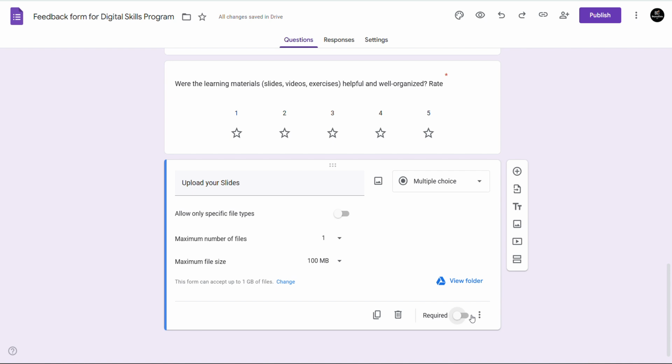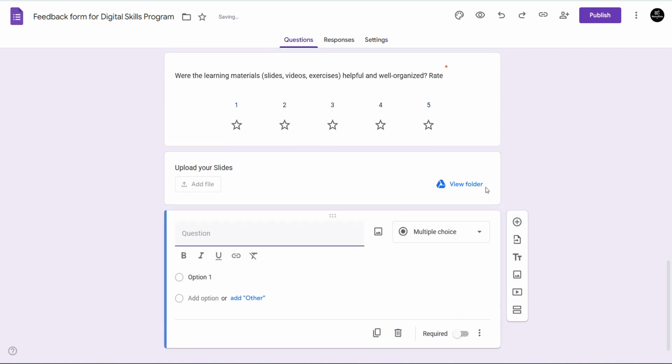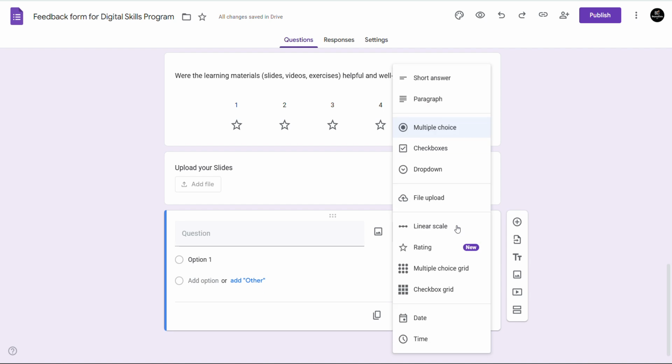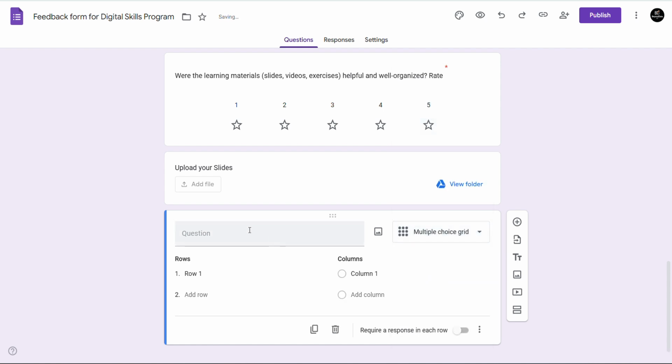Okay, so this is the simplest form that you can have. However, let's add these other types of questions so that we can see how they work. Next question, let's go to this. We have already used all this up. Let's use this multiple choice grid. So multiple choice grid, what does it do? For instance, we are